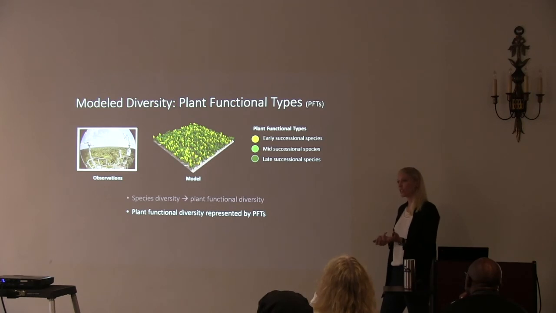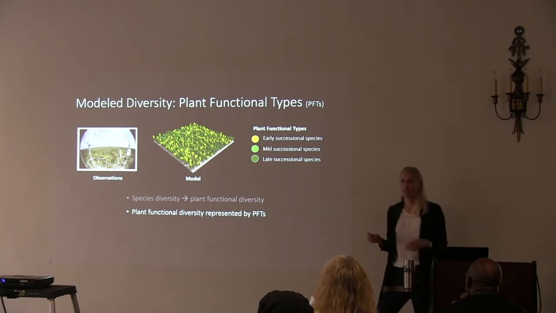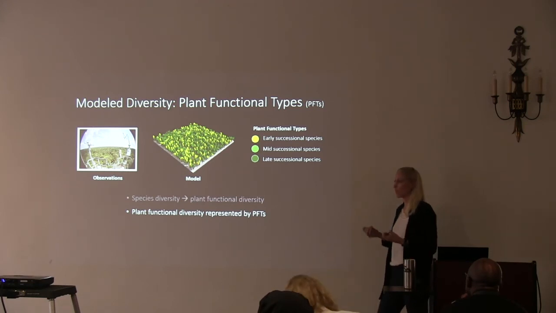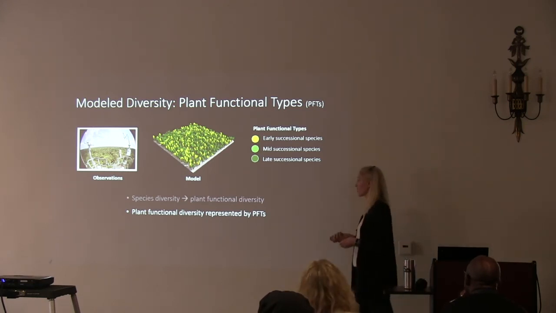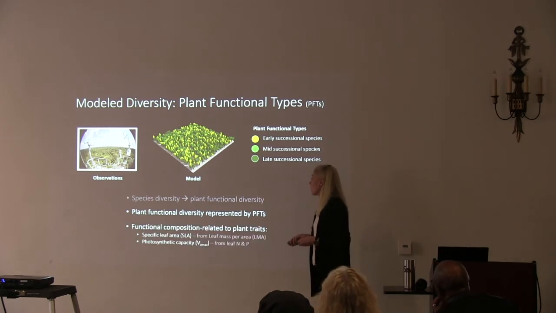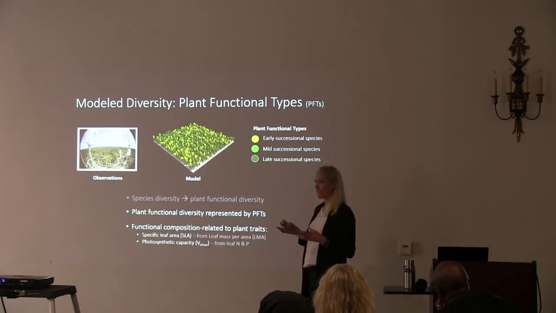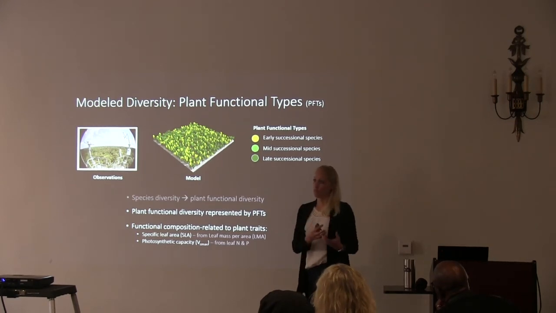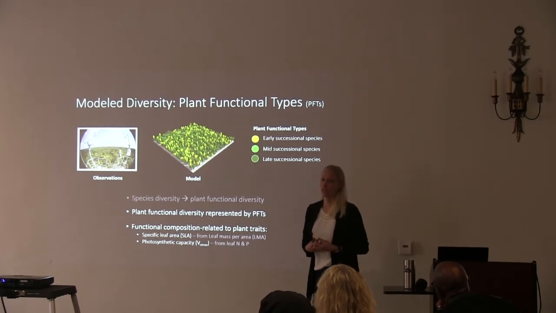It's easier for earlier successional species, but in a lot of these systems, there's hundreds, if not thousands, of species, and actually categorizing that information can prove to be very challenging and somewhat subjective. So I'm going to talk today about how we're actually parameterizing these plant functional types using data, using observations from the remote sensing data on traits.